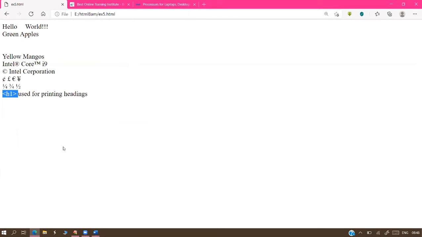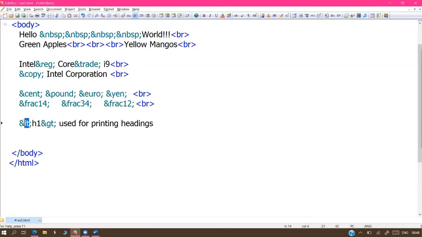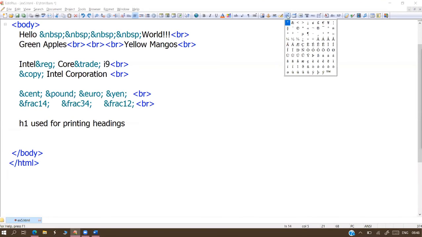So when you want to print the tag name directly on your web page, directly it is 100% not possible, sir. But in tutorial websites, we watch tag names appearing on the web page a lot of times, and they compulsorily design this code. Without this code, that doesn't come. If I directly type the angle brackets, the browser misunderstands our feeling. Oh, the programmer wants to implement this tag and execute the program with this tag's instructions. No, I don't want to execute this tag. I want to just display the message. So then you need these special symbols, which are available in this list.